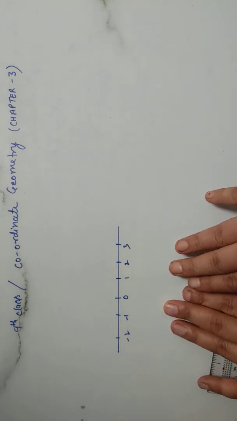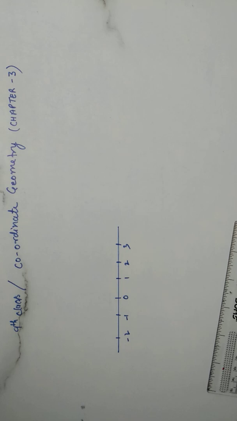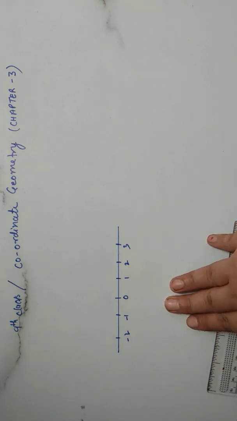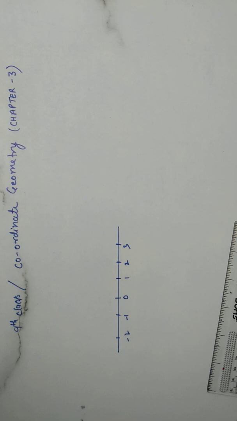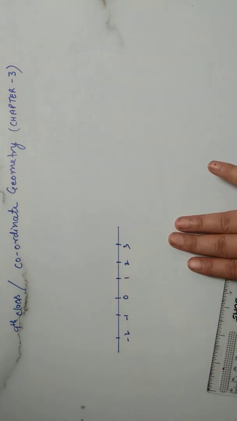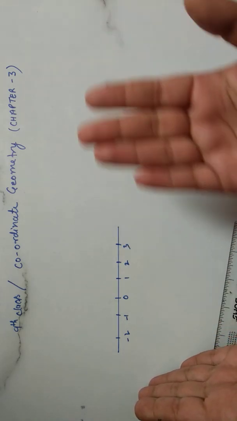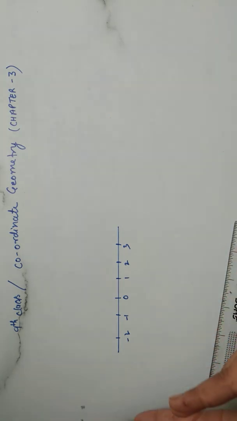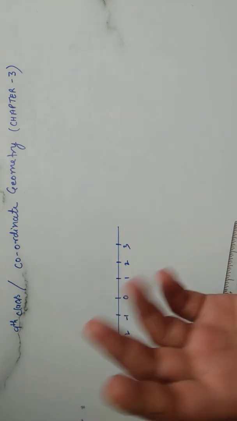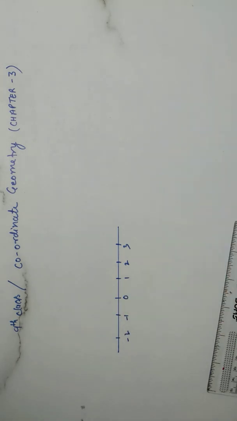This number line is common to all of you. In a number line, we studied how to locate a point and also how to describe the position of a point on that line. For example, this is a number line. If this is 0, then the right hand side is the positive part and the left hand side is the negative part. If you have to represent some number, for example 2, you can represent it easily. You can represent terminating numbers as well, as we studied in the first chapter.